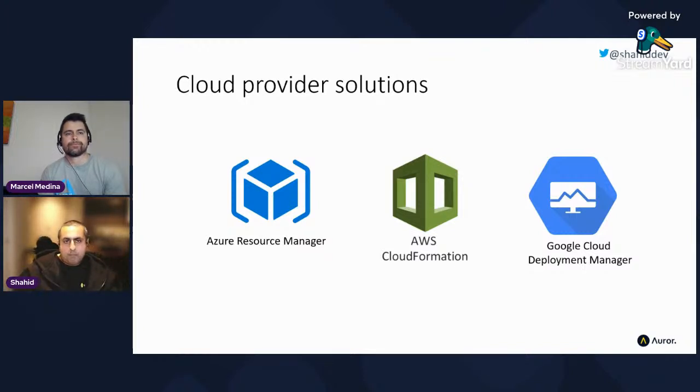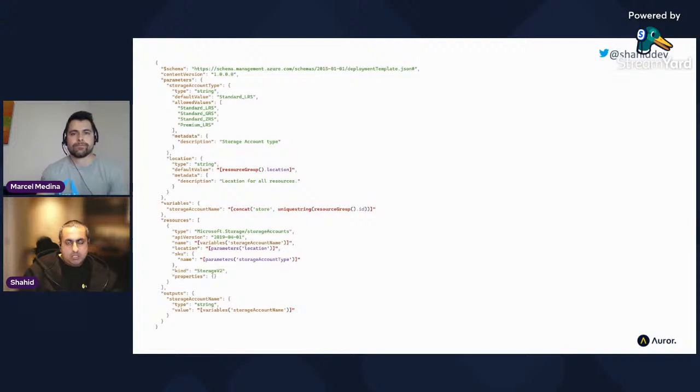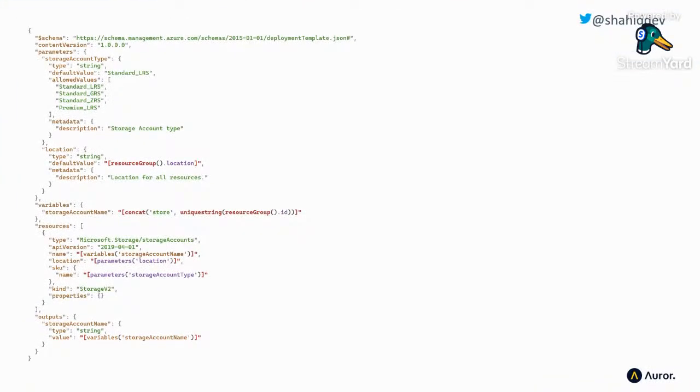We'll use ARM templates. Now, some of you may be familiar with Bicep, which is the slightly newer way of provisioning resources. We'll touch on Bicep towards the end, and I'll compare it to everything we've seen. But initially, we'll focus on ARM because ultimately, at the moment, Bicep translates to ARM anyway. So ARM is the native language, if you like, of the Azure Resource Manager. So here's an ARM template, an Azure Resource Manager template for provisioning essentially just a storage account.